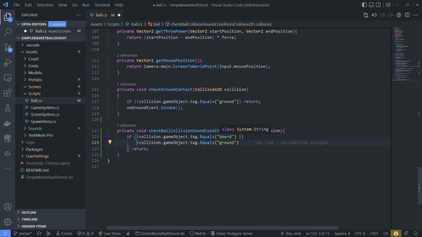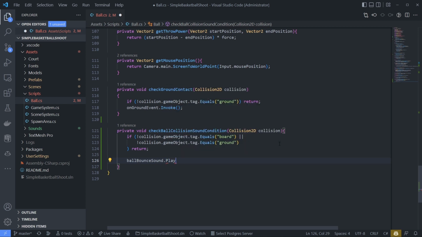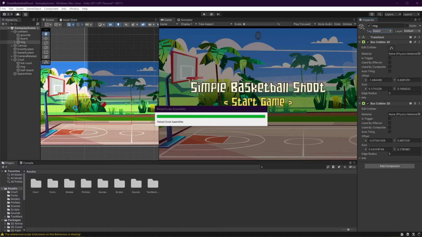So if it's not board or ground, then return. Do not play the audio. But if yes, then ball bounce sound dot play. This time at least we will get the sound played on collision with the ring and the board.